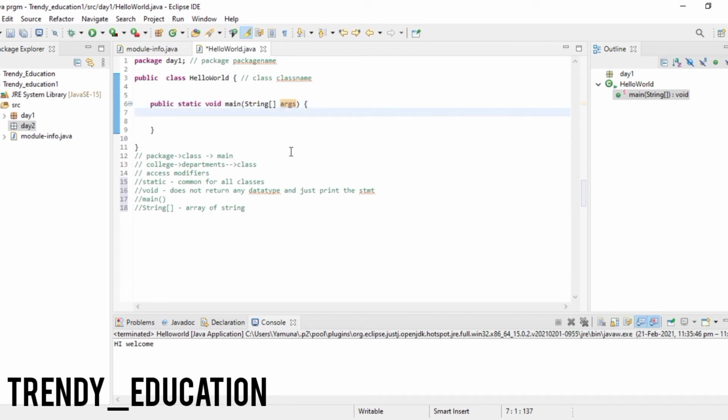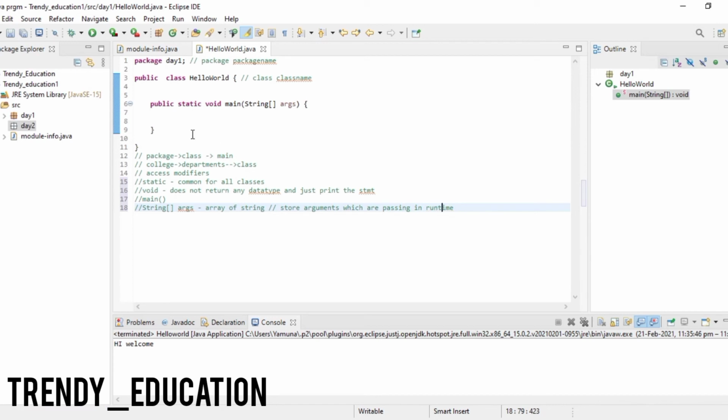It will just store your runtime values, or you can say arguments, which are passed at runtime. So this is the meaning of the String args.